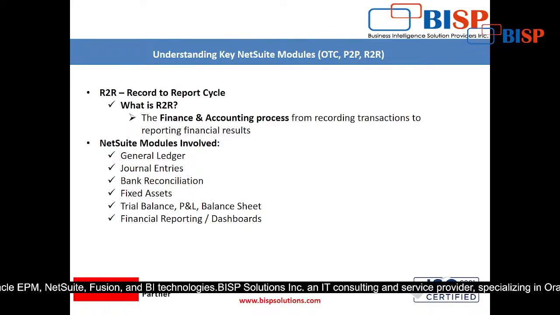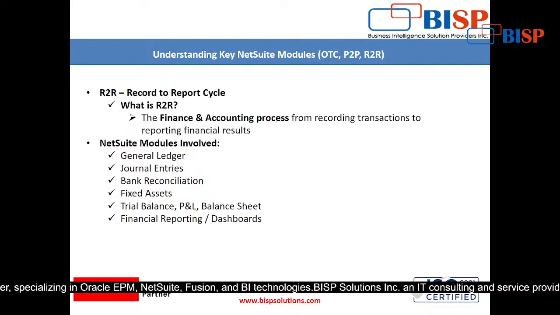But if I ask my subordinate, show me the sales orders done within the last 2 months, how much sale is done within the last 2 months, show me the list of all sales orders. This is a customized report, right? So these are customized, and they may be different for different people. That is why there are 2 types of reporting techniques given in NetSuite. Then financial reporting and the dashboards, all these things are